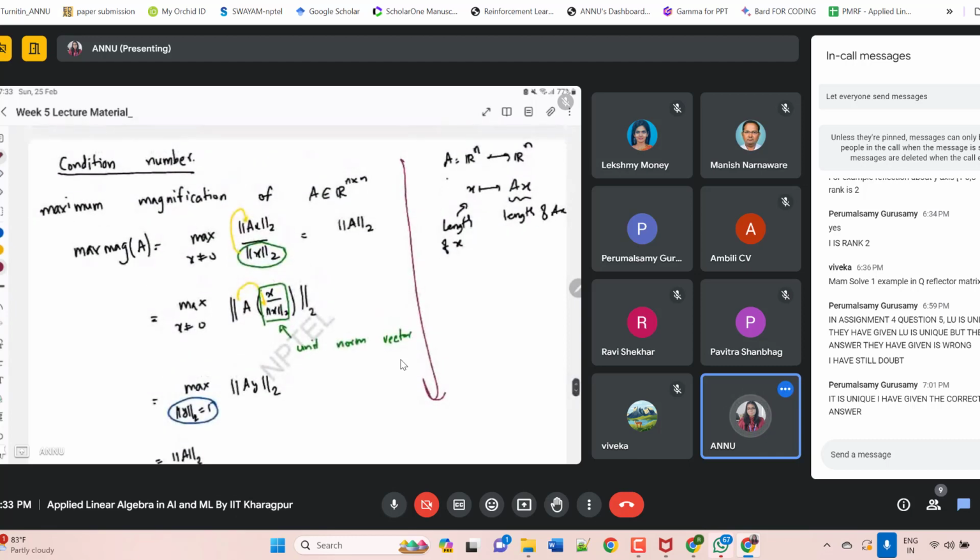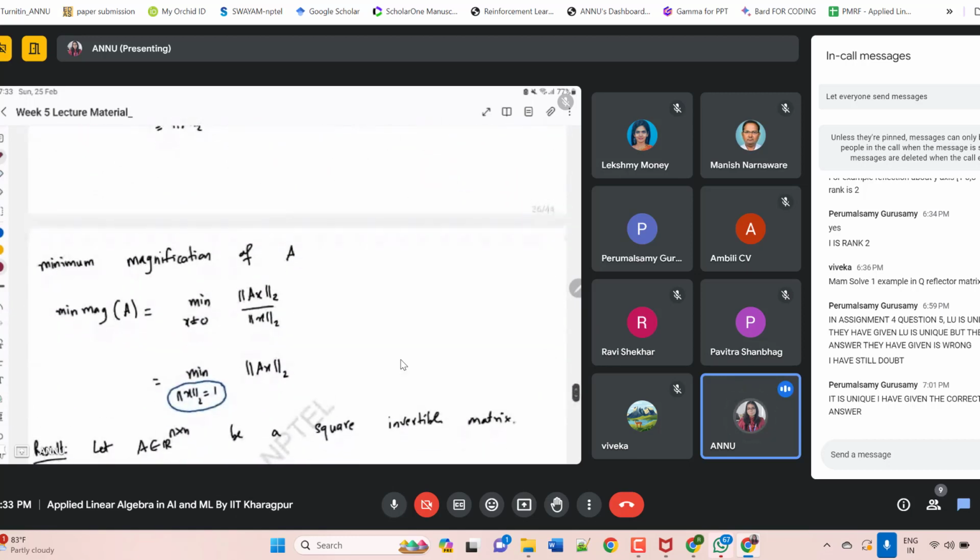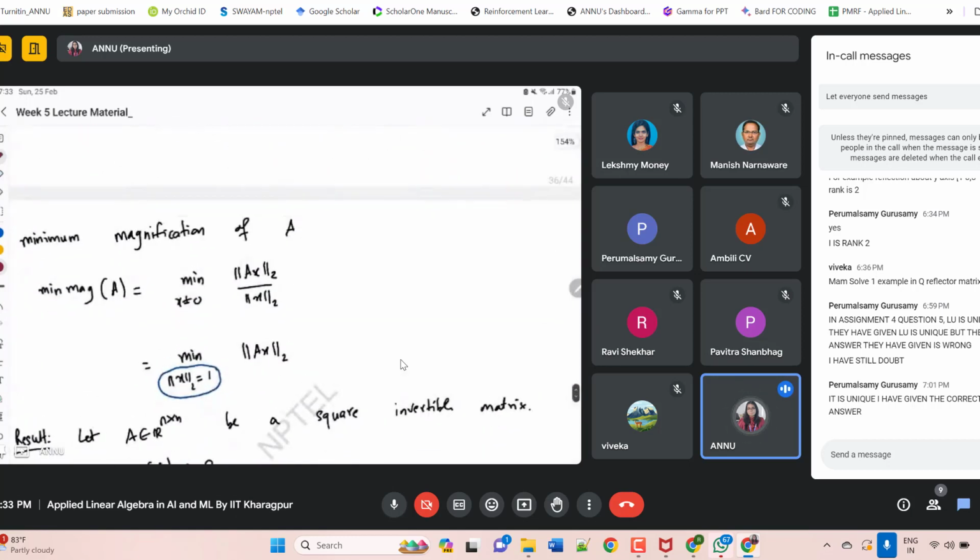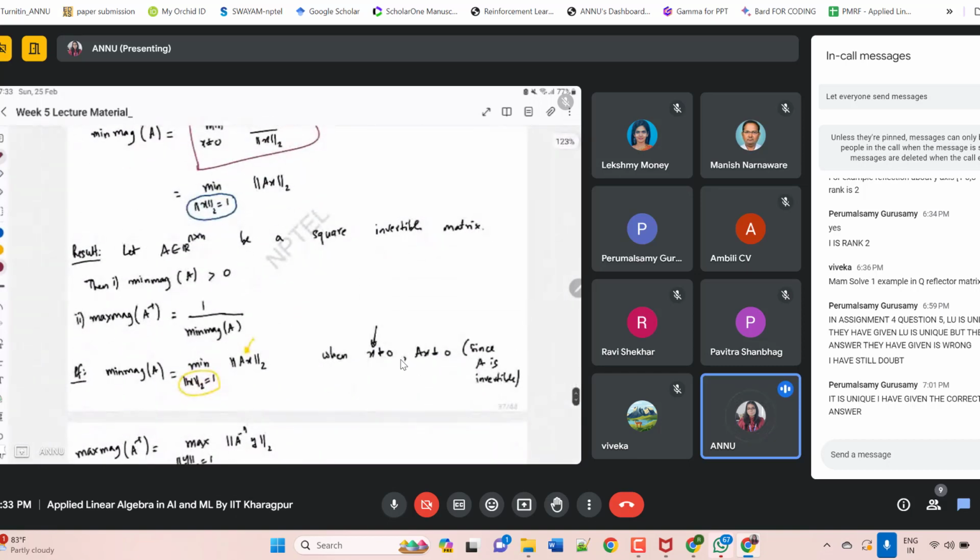Also for the condition number, we saw some analysis over these things, like the induced norm. This is also an induced norm, right? We can also write it as the max of magnification of A, as I was telling, that you make it A of X and then try to find the range, or the length, of A of X. So this can also be written as the max of magnification of A. Similarly, the minimum of magnification of A can be written as this particular thing.